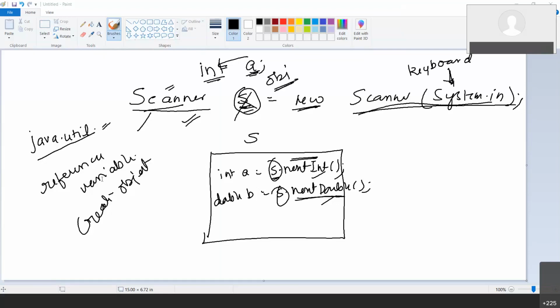So I'm immediately closing it over here instead of closing it at the end. I close it immediately because I do not need this particular input now, because my data is already there in Celsius, which I will use to do the necessary calculation. Is it clear? So the thumb rule is: open the object as late as possible, close it as early as possible. Clear? Okay.